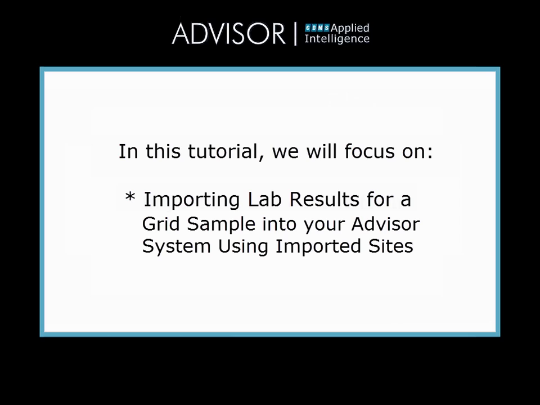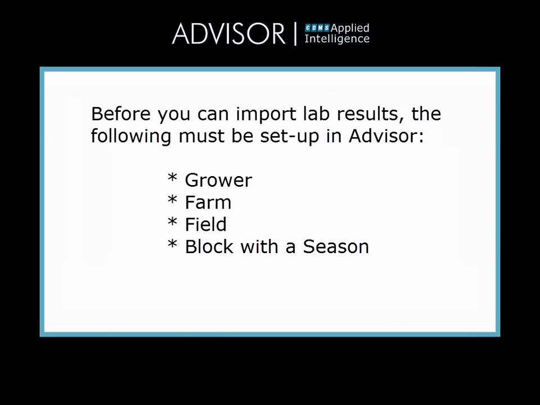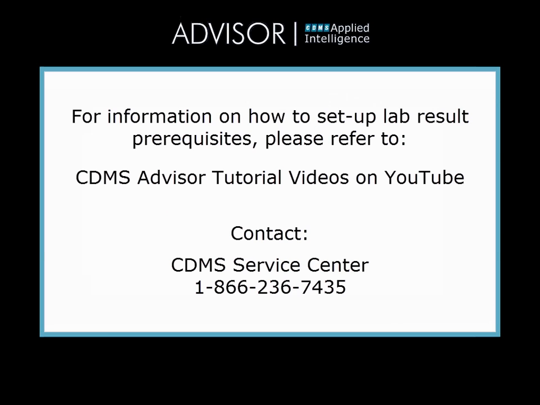In this tutorial, we will focus on importing the lab results for a grid sample into your Advisor system using imported sites. Before any lab results can be imported, the grower, farm, field, and block with the season must already be set up in Advisor. The lab and analysis types, soil and/or tissue, must be set up in your soil management preferences. For lab result map layers to generate automatically, your map layer preferences must be set. For information on how to set up your lab result prerequisites, please refer to our other CDMS Advisor tutorial videos on YouTube or contact the CDMS Service Center at